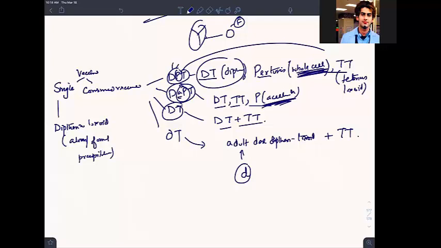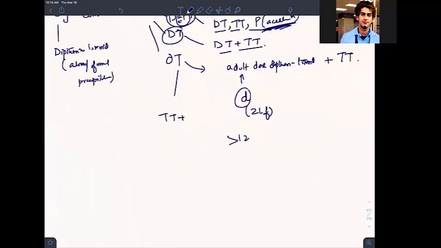It is a recent immunization schedule in my state. They are following it for females, pregnant females also. So, sir, what does this contain? DT contains TT plus adult dose diphtheria toxoid. Adult dose is 2 LF. Don't need to go into that detail, just remember it contains TT. So if an adult is greater than 12 years old, you can give DT, small d.